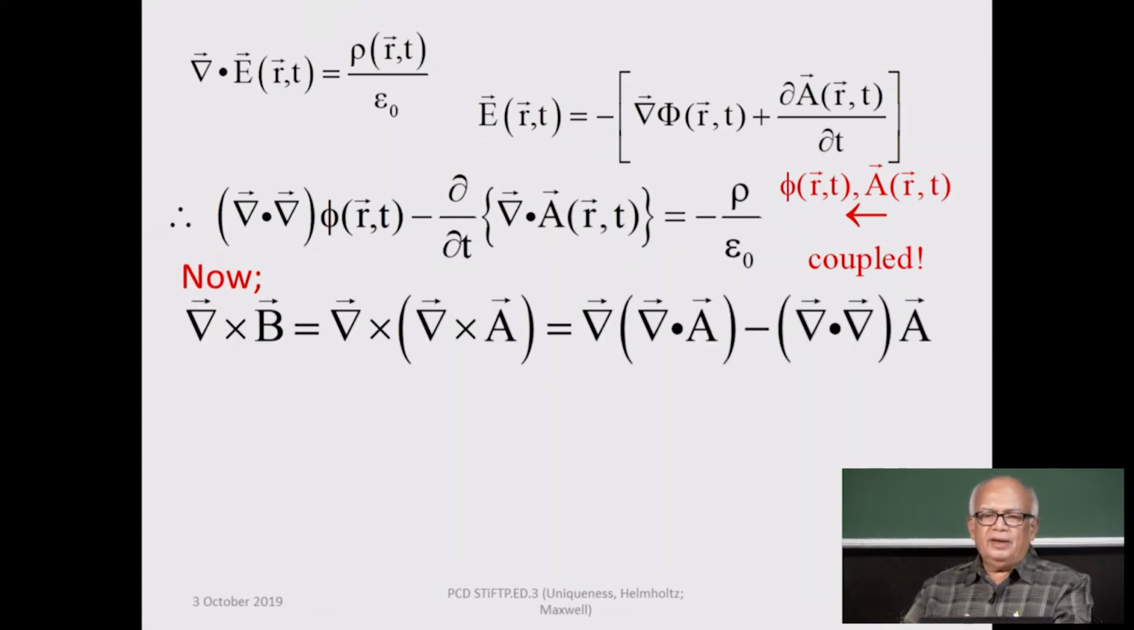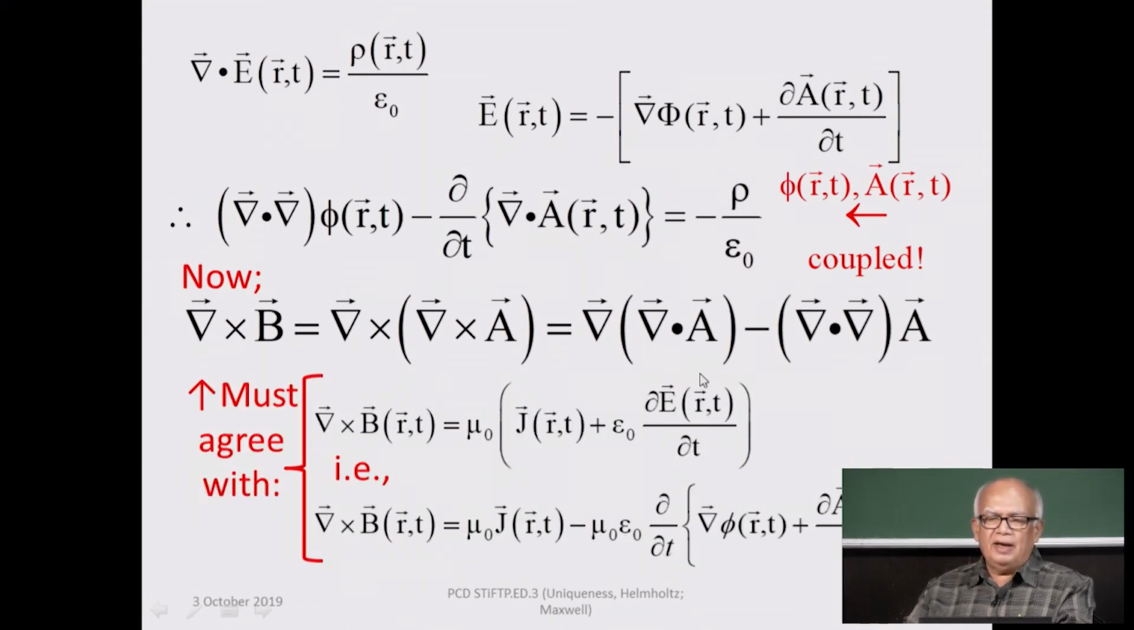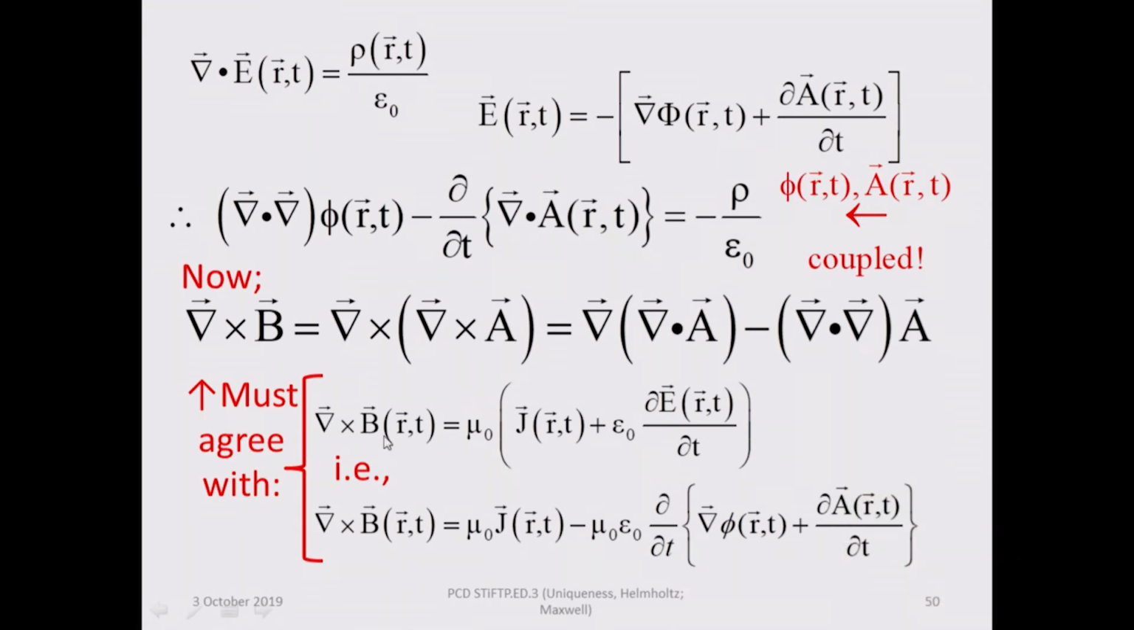Got it? Now, what you also have is that the curl of B is the curl of the curl of A, if B is derivable from the vector potential A. Then you have this vector identity, and the curl of B from Maxwell's equation is given to be this, but del E by del t is now, since E is given by minus del phi minus del A by del t, the term that will come here,